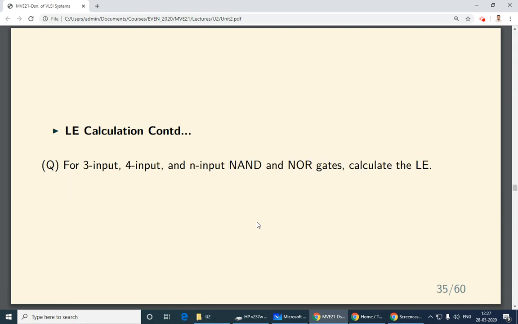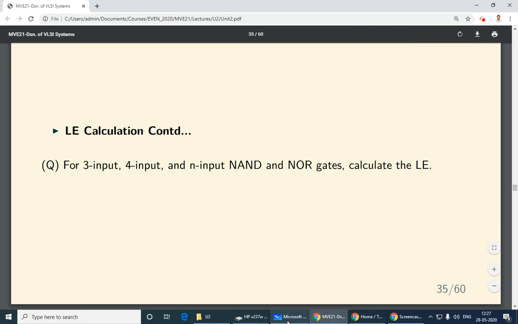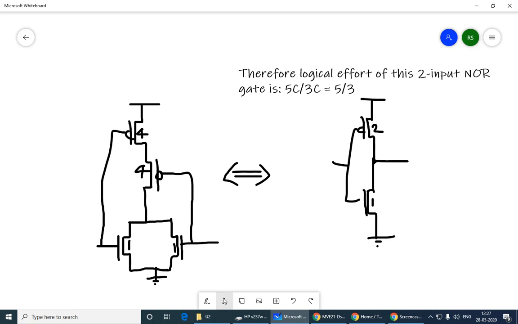Now these are exercises. I will just do one example, then you can do the rest. One thing that you notice in this statement is it doesn't say anything about the sizing. So we are going to assume that whatever gate we create by default, it is equivalent to unit inverter. This part we will remove.